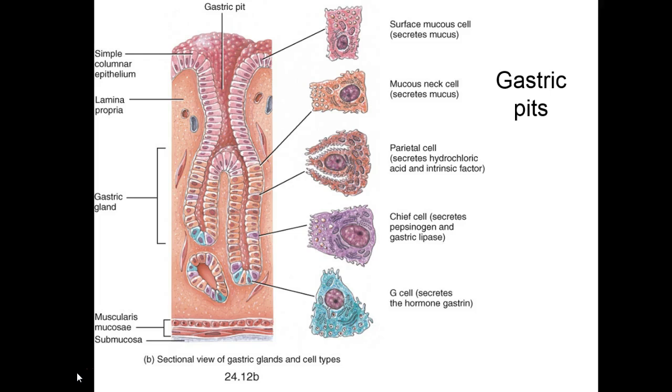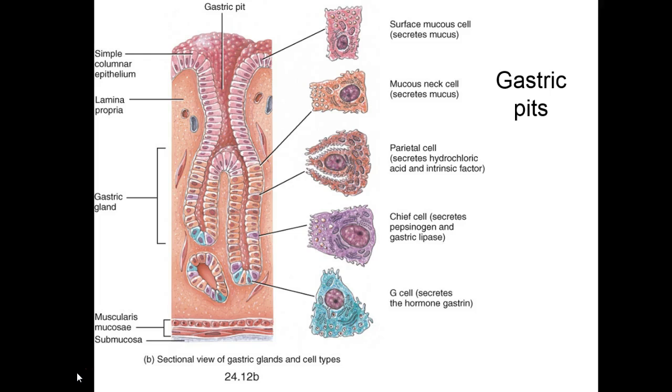And again, this is to control the fact that the contents don't want to spill out to the surface. It can spill out to the surface, but basically it's designed to keep the contents down deep in the pits. So you have the superficial or the surface mucus cells, and they secrete mucus. You have mucus cells in the neck, more mucus. You have parietal cells. Parietal cells, will show another slide about it, secrete